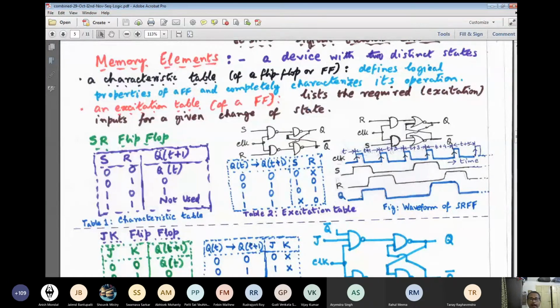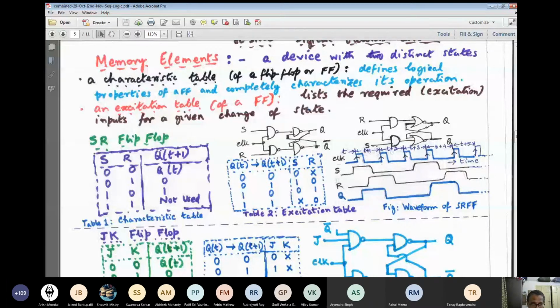Again, why assuming an edge trigger flip-flop helps in discussion is that when we are talking about a level trigger flip-flop, the potential problem is that when clock equals 1 and the on time of the clock is long, then any change in the excitation inputs will cause the output to change, and there can be multiple transitions, and we are at a loss as to when to sample the output. We can sample the output when the clock falls from 1 to 0. But if you have a positive edge triggered clock, immediately after the positive edge has occurred, we can sample the output, one hold time after the positive edge of the clock.